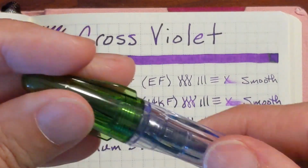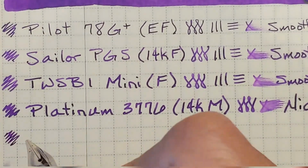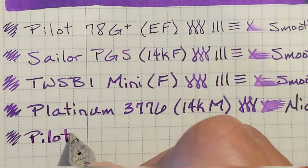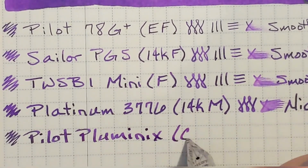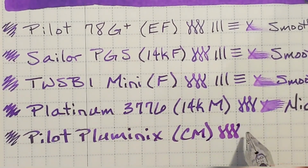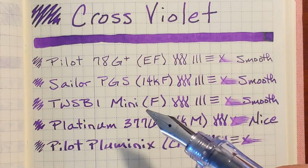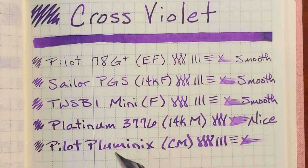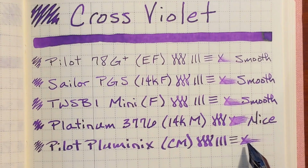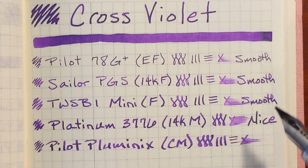Next, I've got a Pilot Pluminix with a stainless steel cursive medium. This nib can be a dry writer sometimes, and it really stands out as being a dry writer with some inks, but because Cross Violet is so saturated, even though it's writing just a hint drier than the previous two pens, you don't notice it at all. It's very smooth,